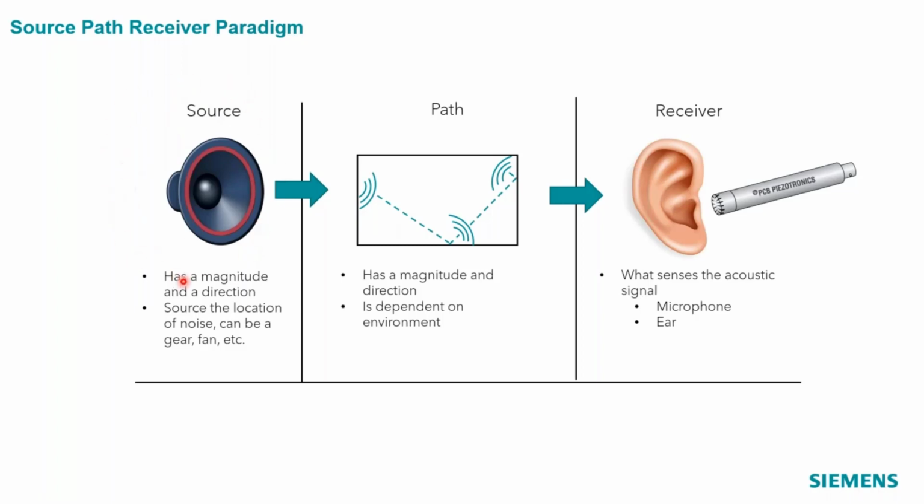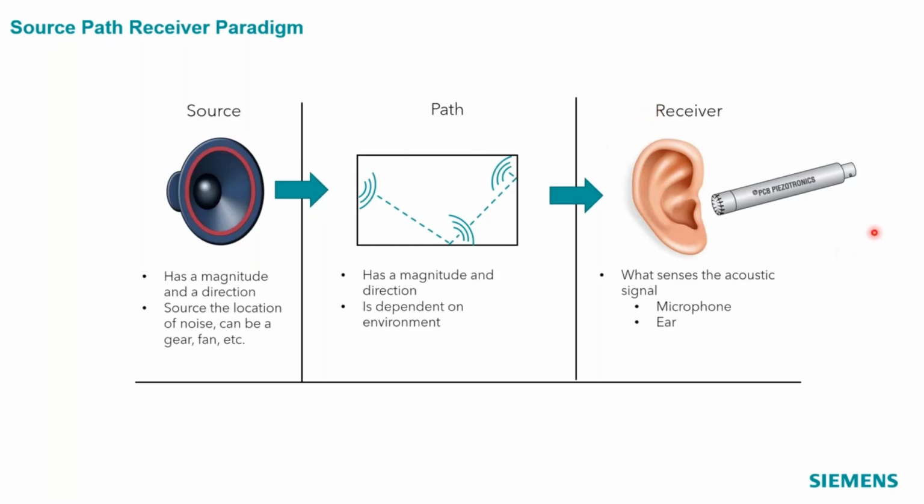When you want to quantify how much energy is coming out of the source, we use something called sound power. Sound power is very unique to the actual energy coming from the source, because when sound travels, it goes through some path, and the path can affect how sound is heard. If you're in a high school gym, for example, sound might be louder and more reverberant. You're going to measure sound pressure differently than if you were in a really quiet library full of carpet and acoustic absorption material. So the path can really alter how the source is heard.